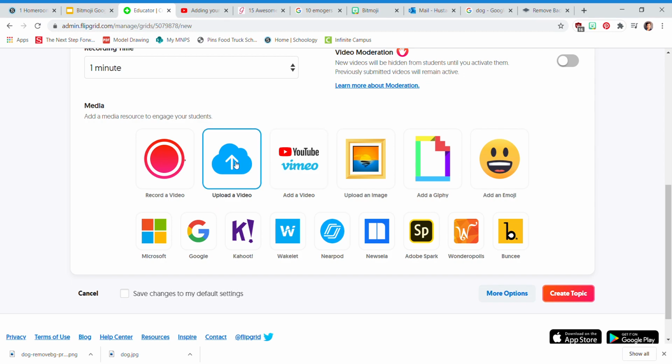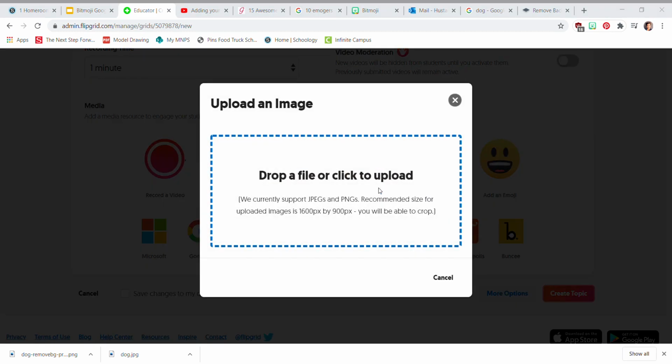So you could do a video, especially if you've got pre-readers in your class, you could upload a video of you saying, hey guys, I'd love for you to record a video of you saying your name and which emojis you used. And you could even have the emojis poster and read it to them really quick and remind them which ones they are. I'm going to upload an image and